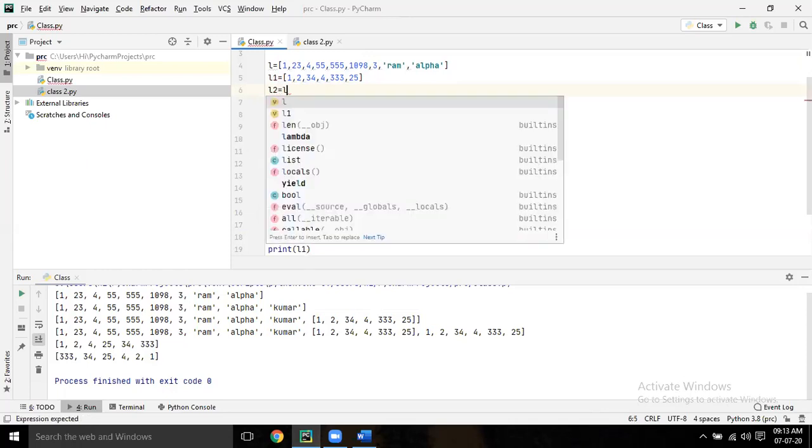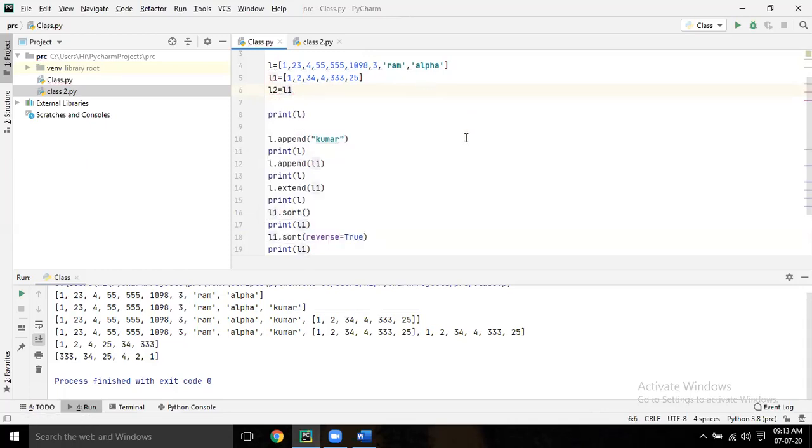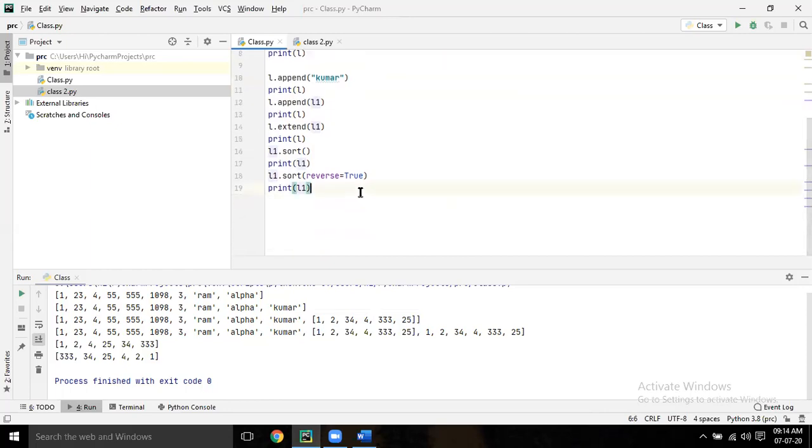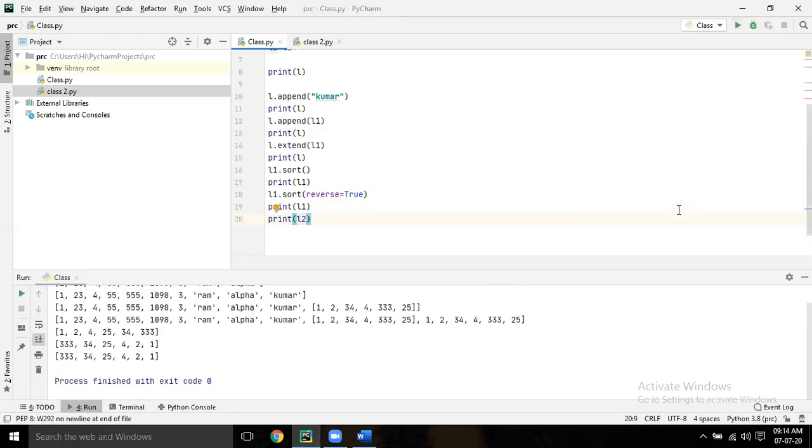Now come down. Print L2. What will happen? It will print the L1 list. It will copy the L1 to L2.